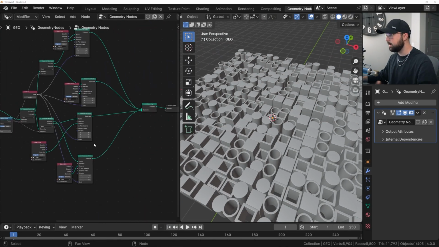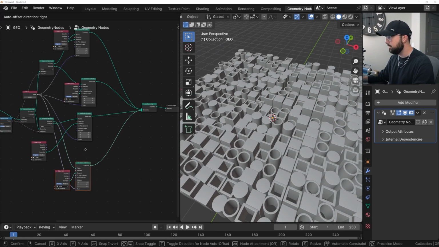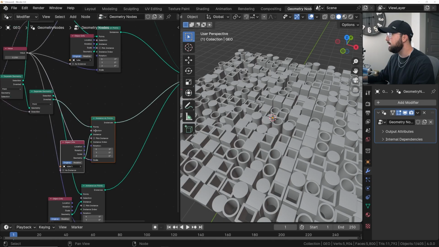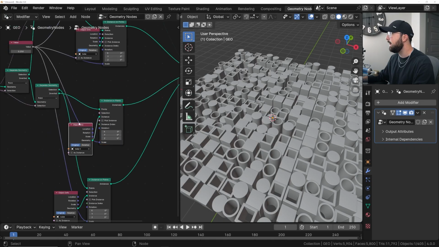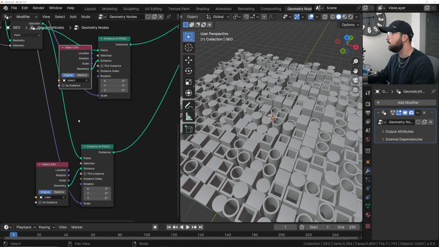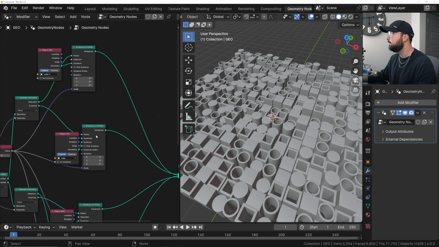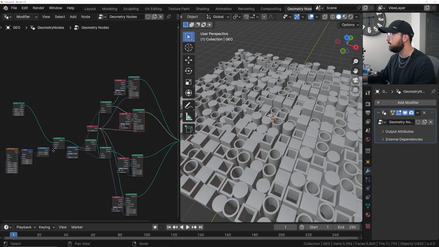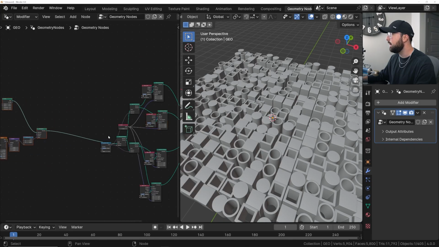So let's go ahead and organize this. This is a complete mess. So everything that's related to each other, just put them together, right? So each instance on points is going to have an object info that's plugged into it. So we can group those guys. Him here, him here, him right here, and then him right here. We have some separate geometry, so I'm just going to move these back